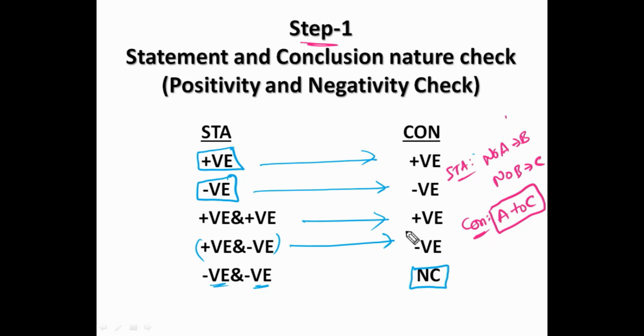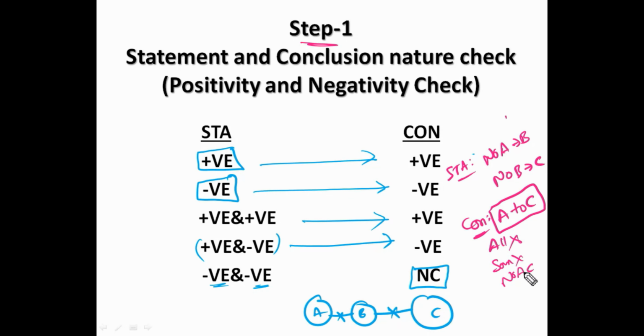Using the Venn diagram, no A is B means A is here, B is here. There should be no intersection between A and B in any possibility. No B is C means between B and C also there should be no intersection in any possibility. Now see the conclusions. All A are C is a definite conclusion; it will fail. Some A are C will fail. No A is C will also fail,